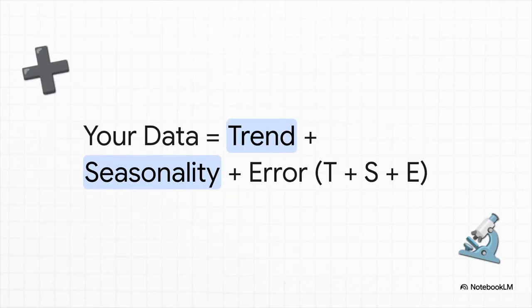And what's amazing is the formula at the heart of this is super simple. Basically, you can think of any single data point as just three things added together: the underlying trend, the up and down of the season, and any random error. By pulling them apart, we can understand each piece on its own, which is way, way easier than trying to tackle that whole messy picture all at once, right?